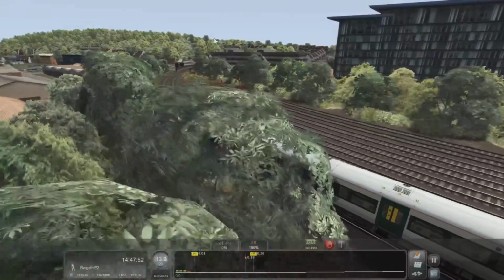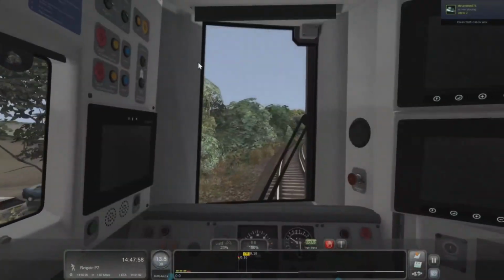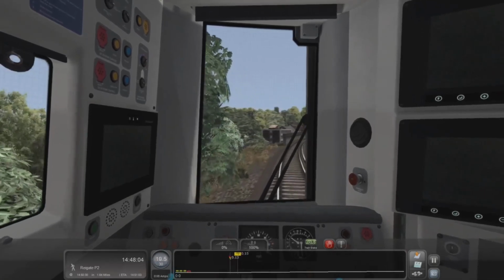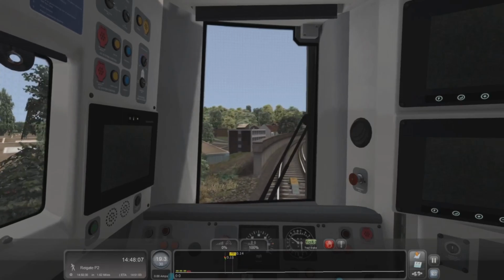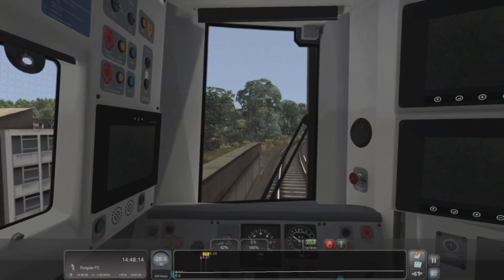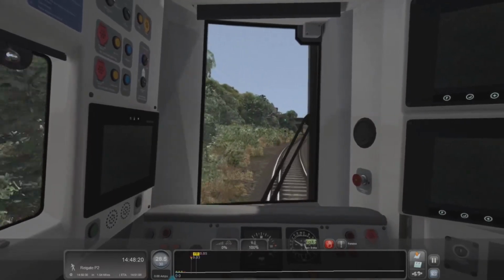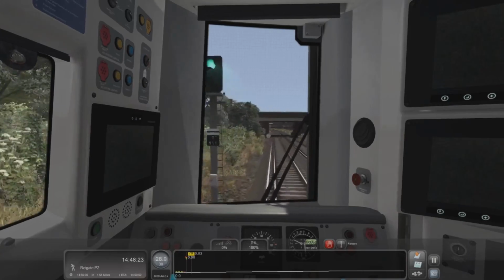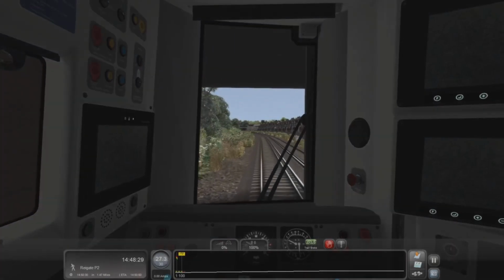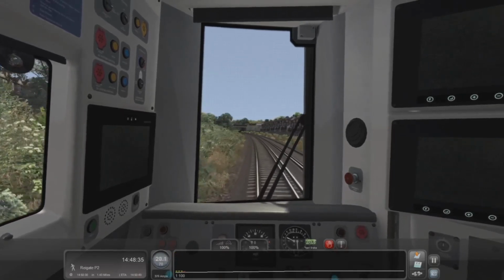I always used to think there was a tunnel here, and then I went along and there wasn't a tunnel. It's just a deep cutting. Well, not even a deep cutting round here really. And yeah, it's not too far to Reigate. This is the Reigate branch, and this is also going to be included in the Train Sim World 2 version of the route, which when you're watching this might already be out. Obviously if you are watching way past release of this video. Well, not way past, but...